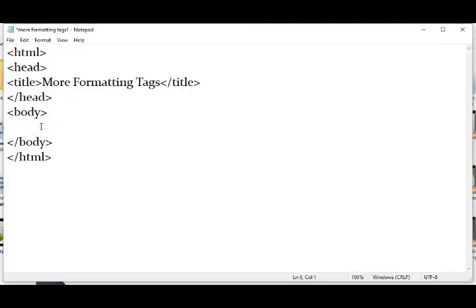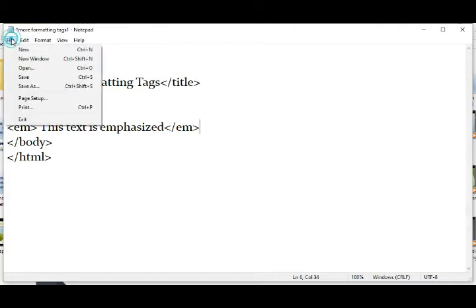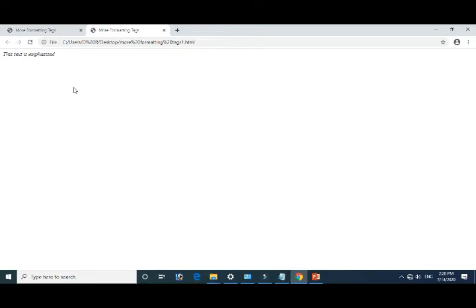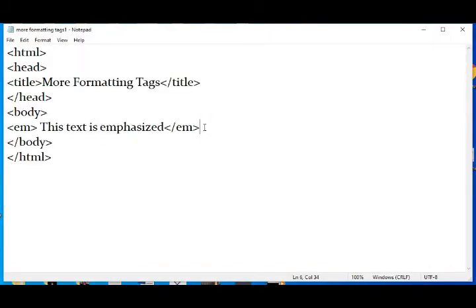Now in the first example you can see that in the em tag, that is <em> and </em>, we are writing some text. This tag is used to give emphasis on specific text. Whatever text comes between these two tags will be emphasized. Next logical style tag is strong. Now between <strong> and </strong> we are writing some text, and let's see the difference between these two tags' output.